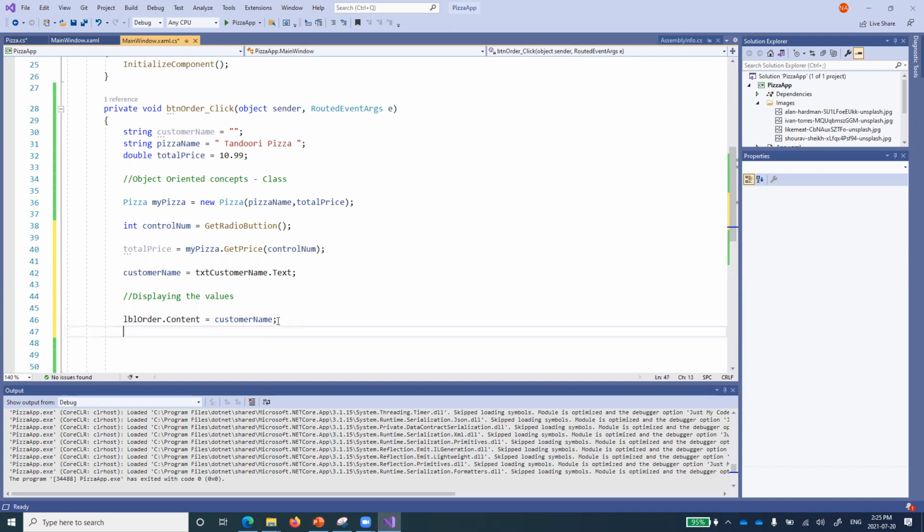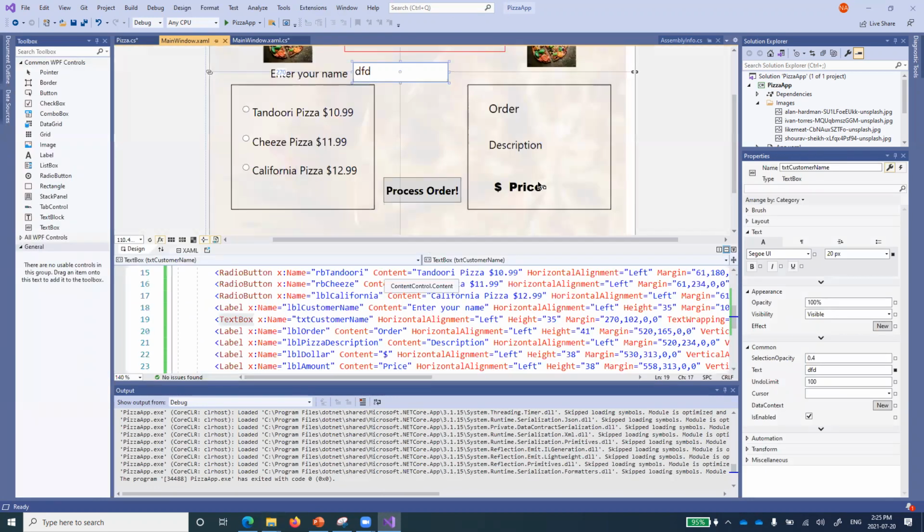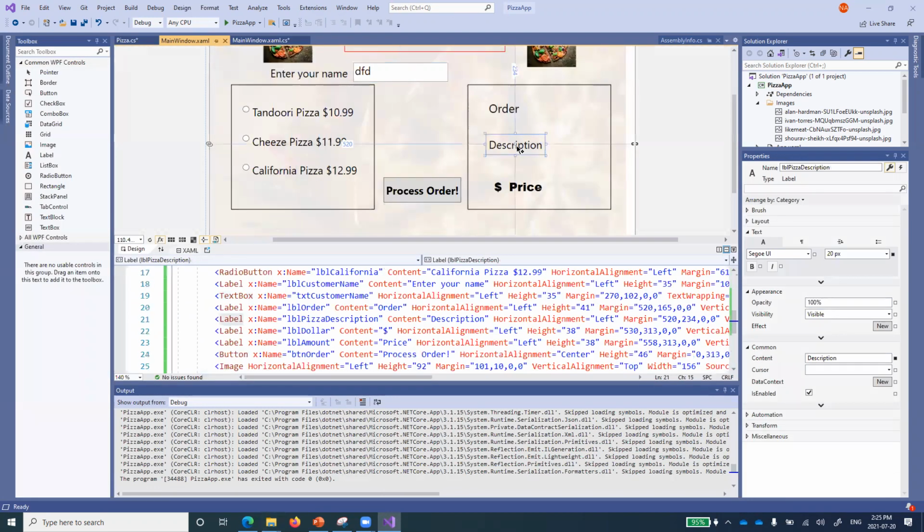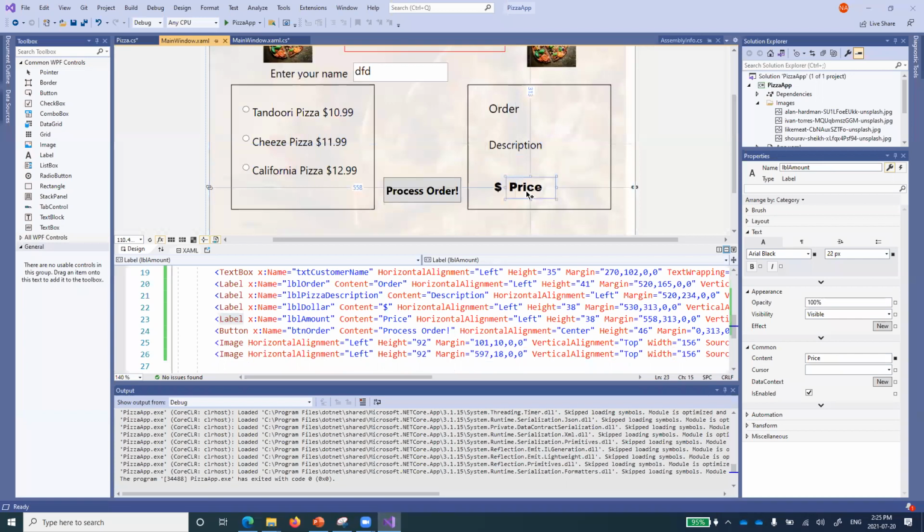Right? And then I want to set label amount dot content equal to, right? So label amount, is it label amount or label description? Label pizza description, and this one is the total amount.